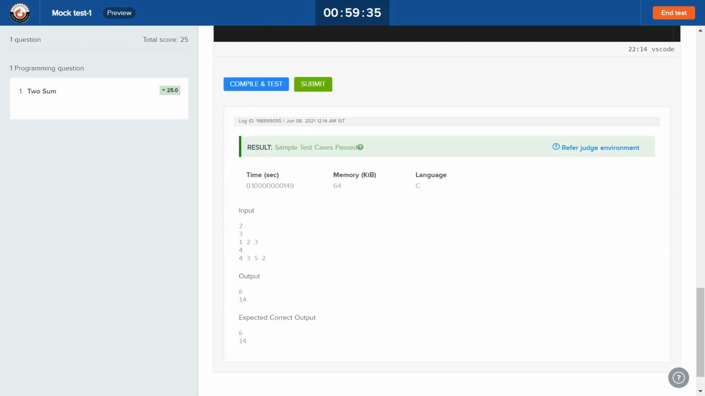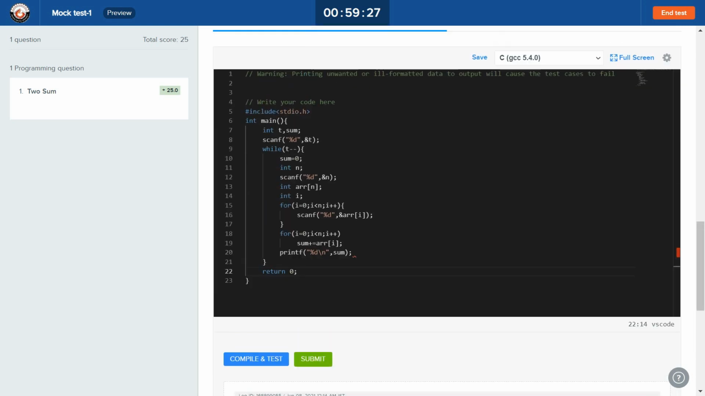Okay, so it worked well, and the output was 614, and here also the output is 614. The program was pretty simple, maybe an 8th standard student can also solve it. Now see, what I want you to understand here is, if you write here "sum is",